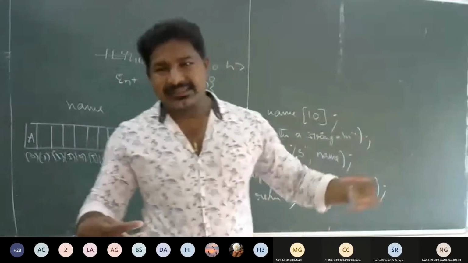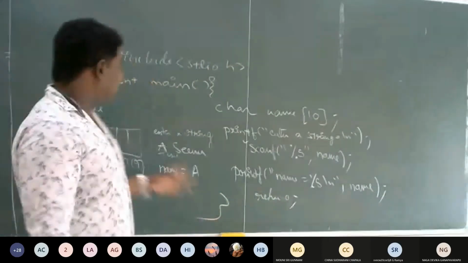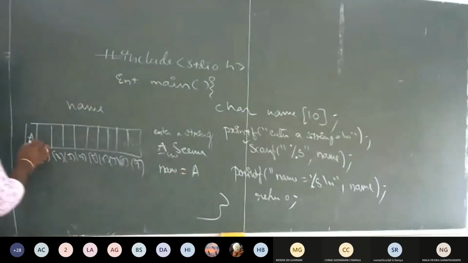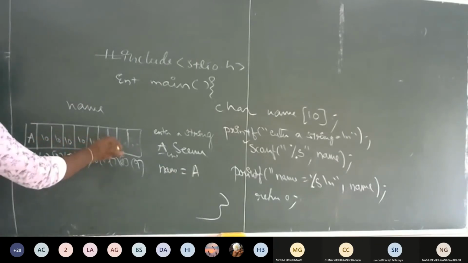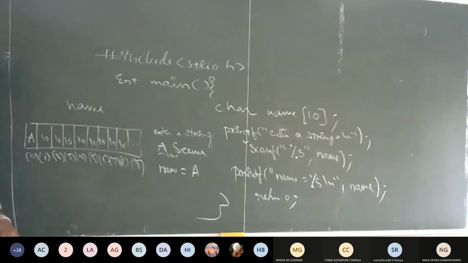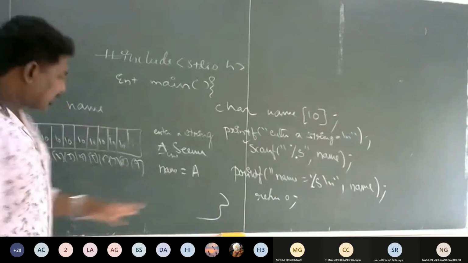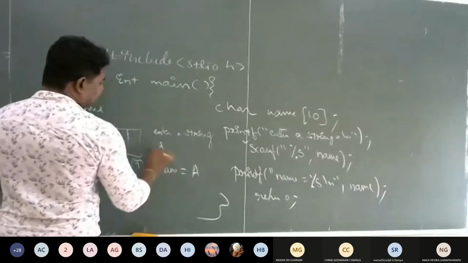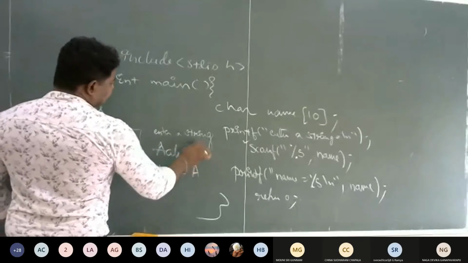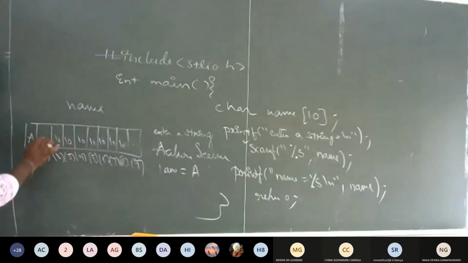Whatever you enter later is not considered a part of the string. So when I write this A SENU, it thinks that A is the only string, and whatever you typed after that is not considered, and it puts all slash zeros and prints only name equals A. Right? For example, if I have printed something like, okay, so this much name actually, that will store only my initial, right?